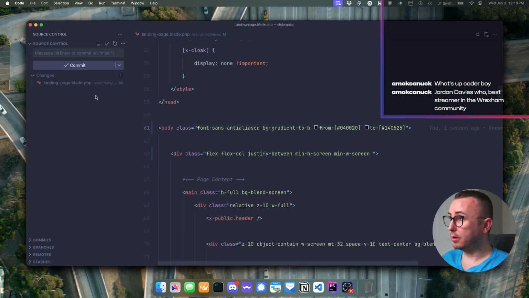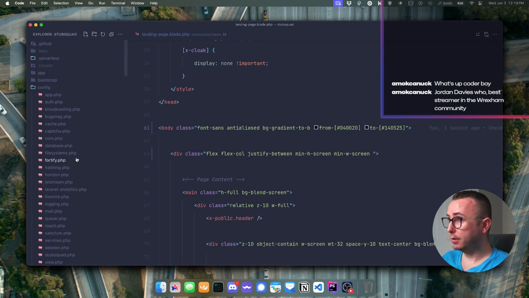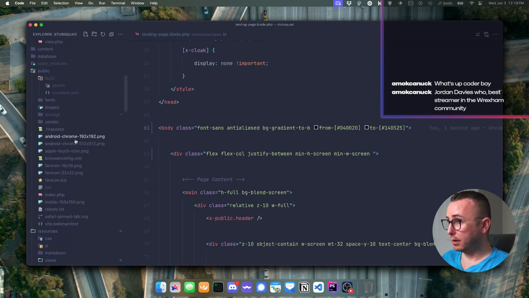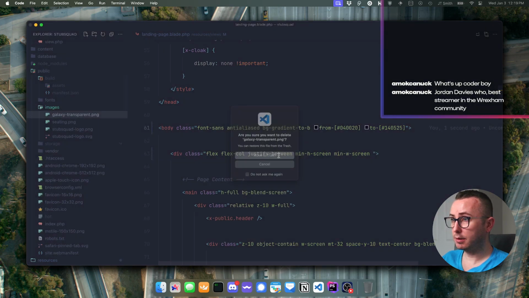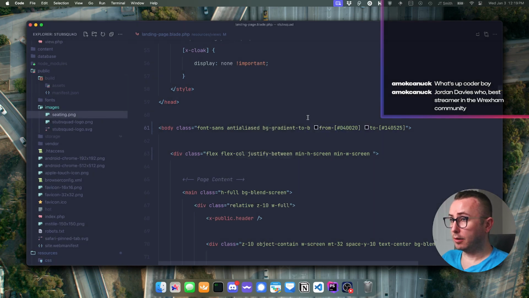And that means we can also get rid of the Galaxy Transparent. This is no longer necessary. And it always felt a little